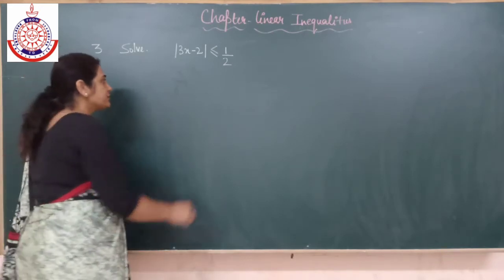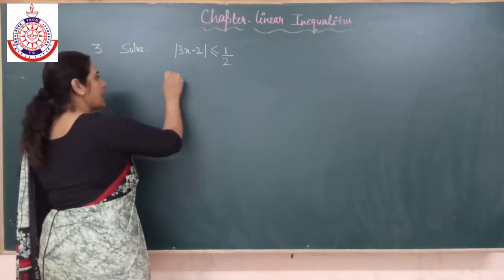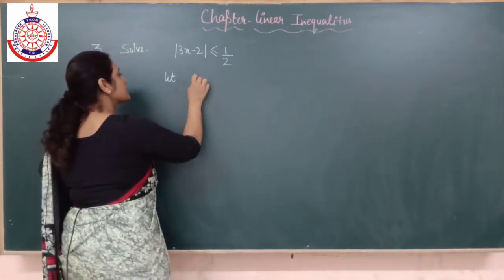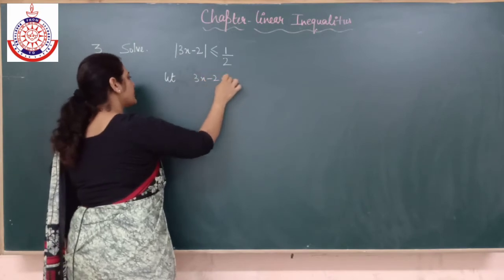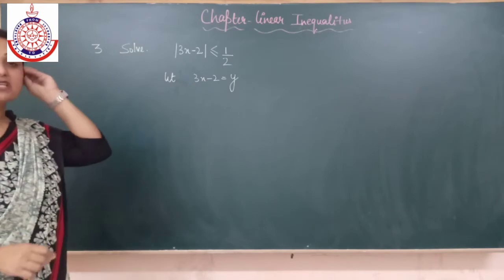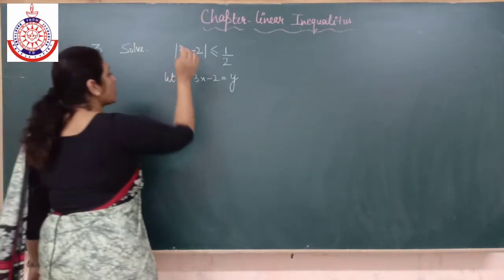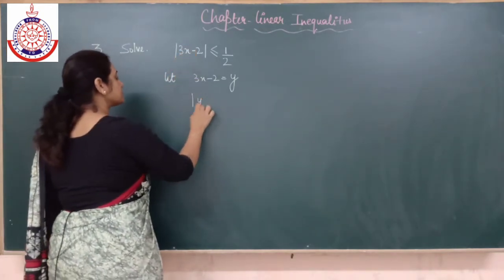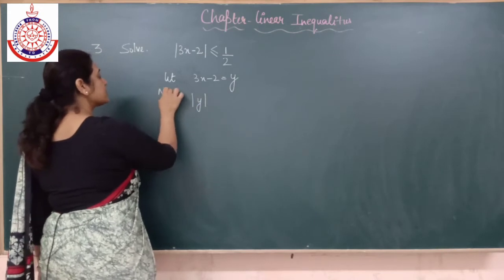Alright, so what am I doing? I'm just putting, let this 3x minus 2 equal y. Let's try to make it smaller. Directly also we can do it. 3x minus 2 is equal to y. So what is it? Now the question has become